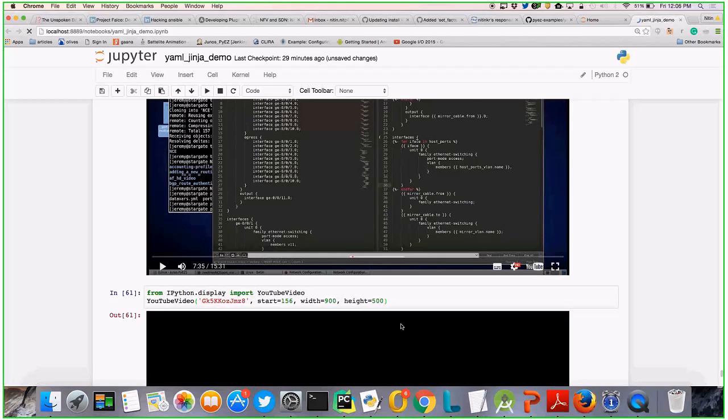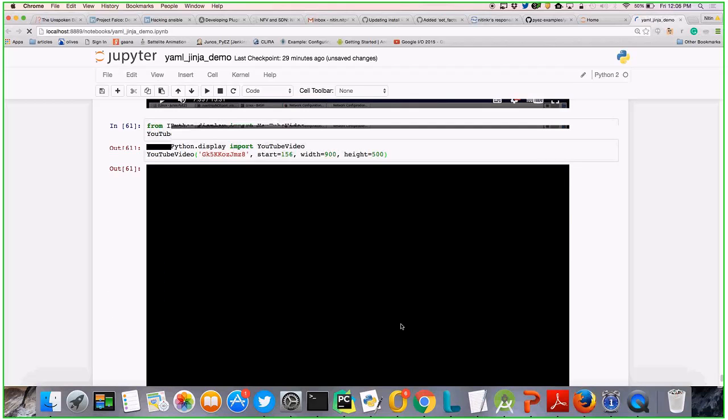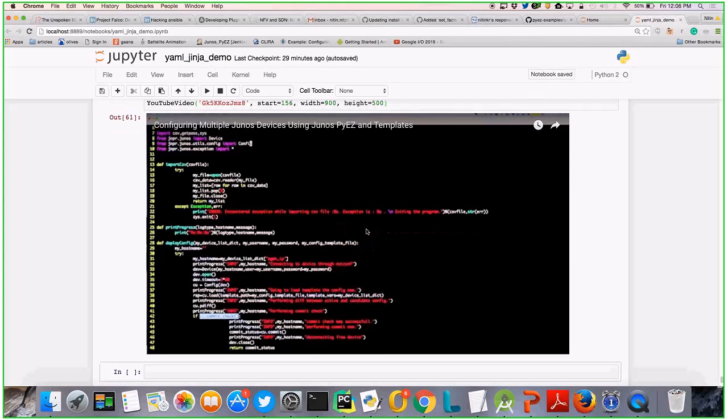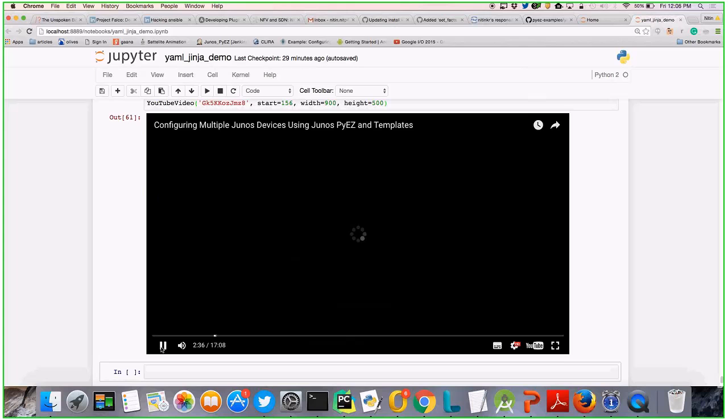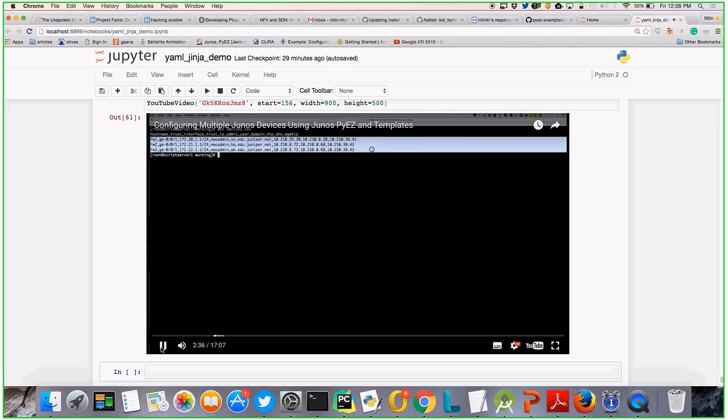There's a Juniper video also. We are sending both the Jinja and the YAML file. Then the Jinja template is in a format of that interface, then the tree structure.